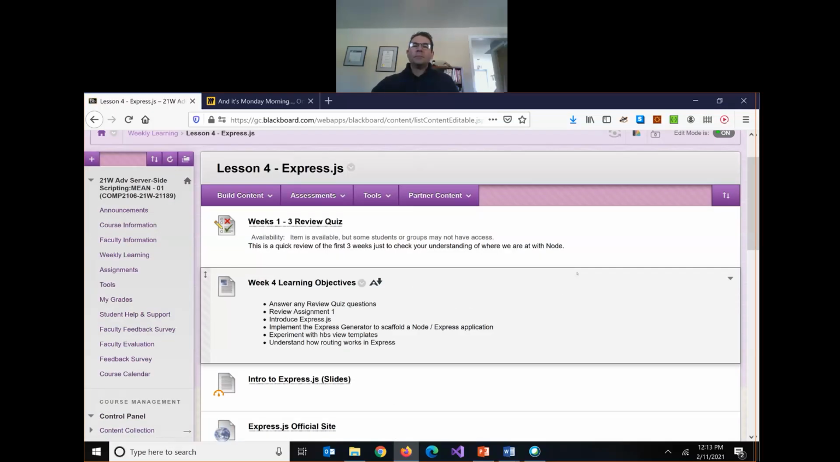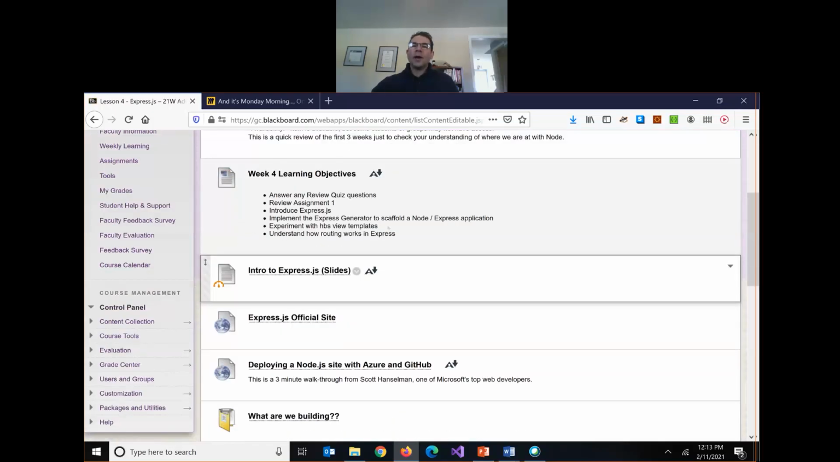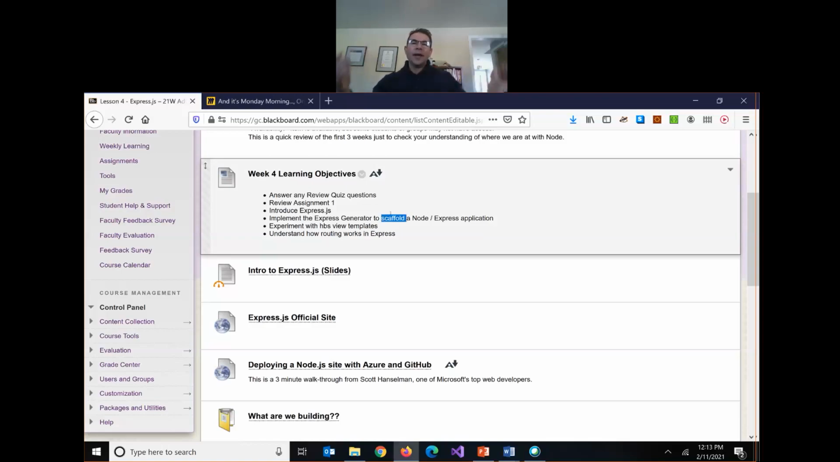So I want to go over assignment 1. We're going to start working with the E in the MEAN stack. We're going to start working with Express today, and we'll work with Express in 2 ways. We'll do some hand-coded work with Express, like a little hello world sample. And then we're going to get into using the Express generator, which is a scaffolding tool,